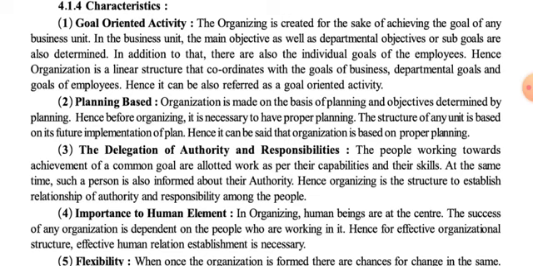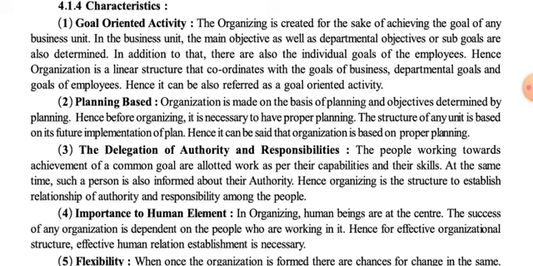So all those people who are working towards achievement of a common goal are allotted work. Their work will be different based on their area of specialization or expertise, but their goal is common. The work allotted to them will be according to their capabilities and their skills, or we can say it should be according to their educational or other qualifications. And if he becomes eligible, then the work should be allotted to him.